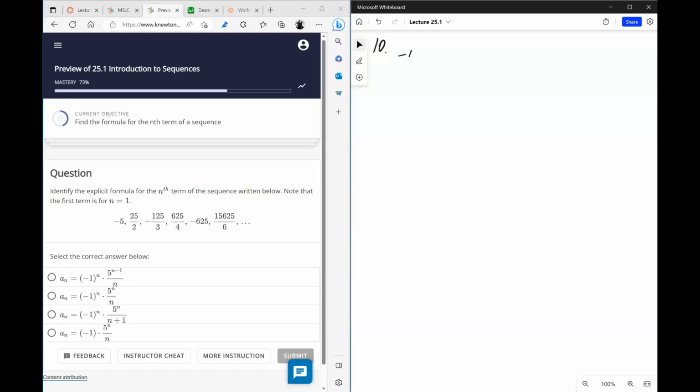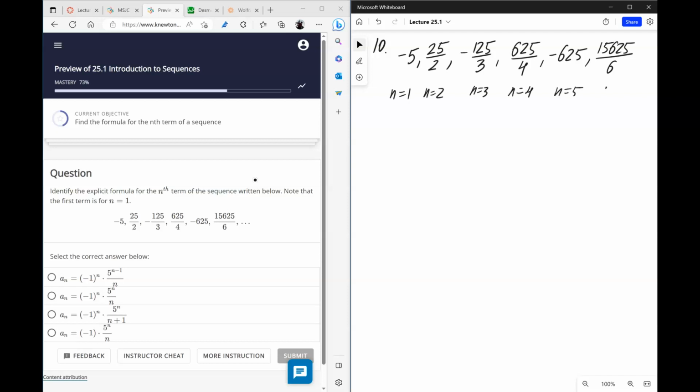Alright, so here we have another formula, but it's a multiple choice question. But I'm going to try not to look at the options and try to identify the pattern using the techniques that we learned, kind of went over earlier. Again, looking at the denominator, that's clearly part of the pattern. So dividing by n, that's part of the pattern. Then we also have signs